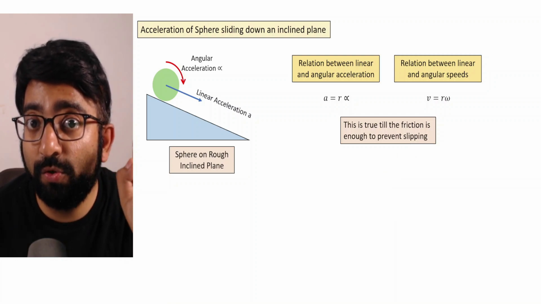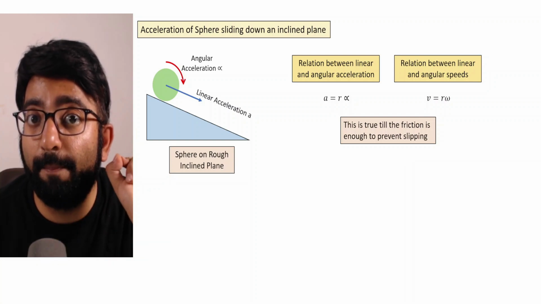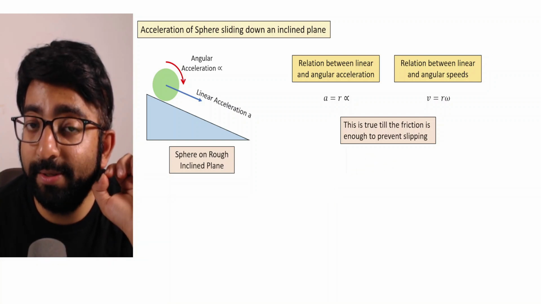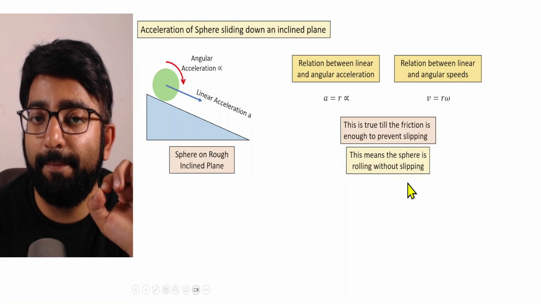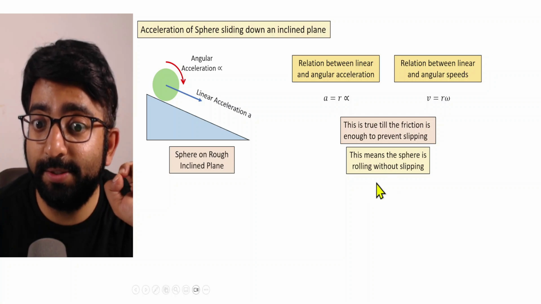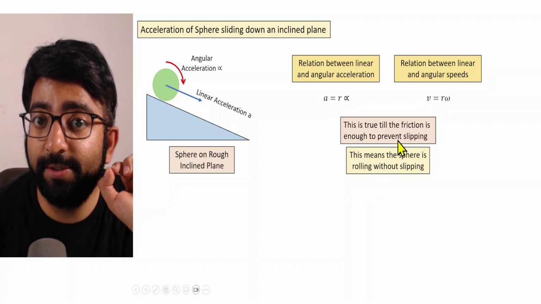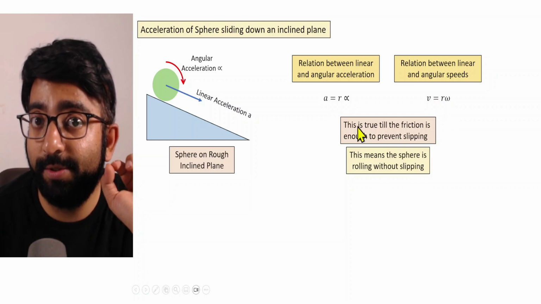So the sphere is rolling on the incline, but it is not slipping. This is called pure rolling, which in simpler words just means the sphere is rolling but without slipping. And that is why from this point onwards, if the question gives this information that either the friction is enough to prevent slipping or they directly say that the sphere is rolling without slipping, then only we can use these two